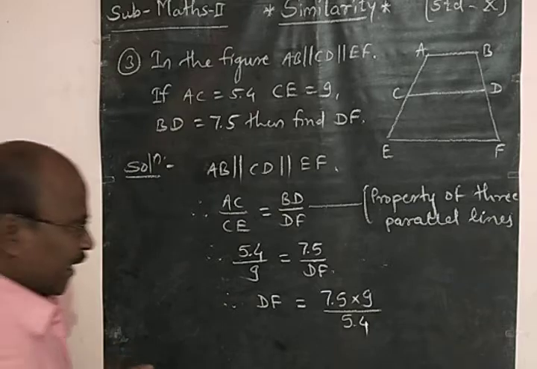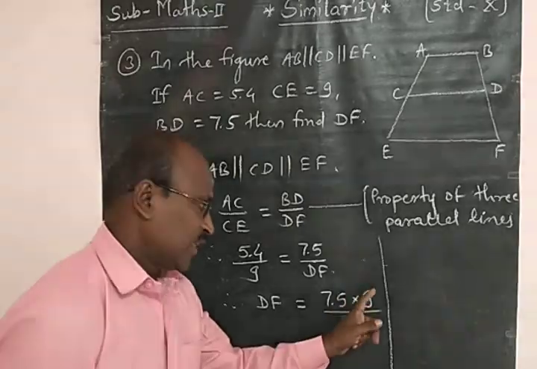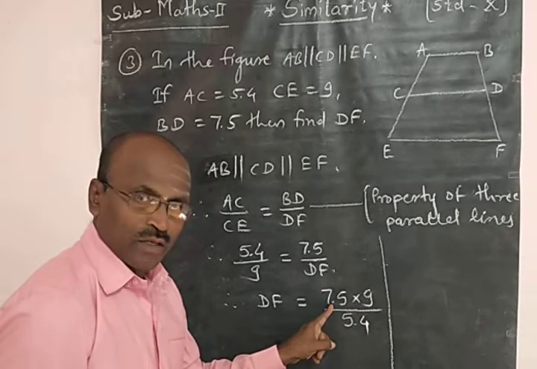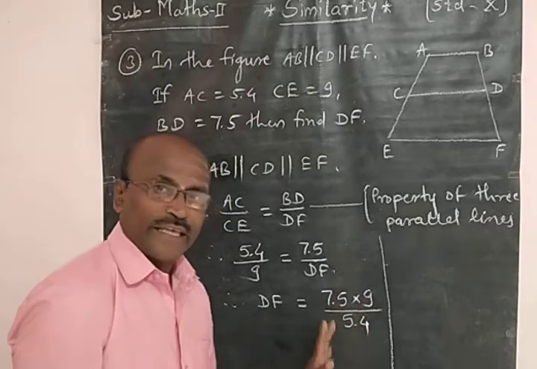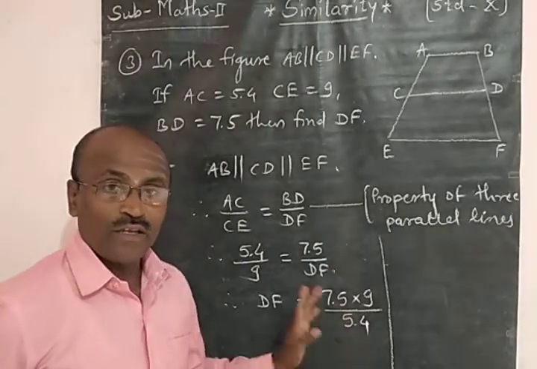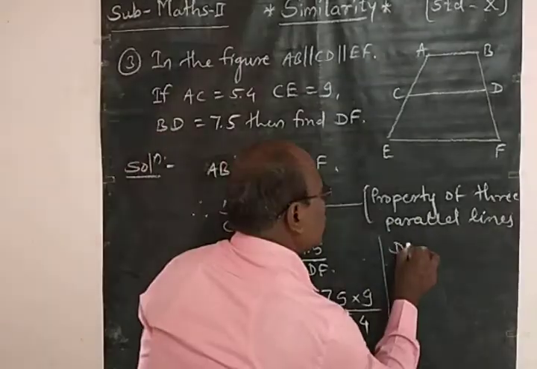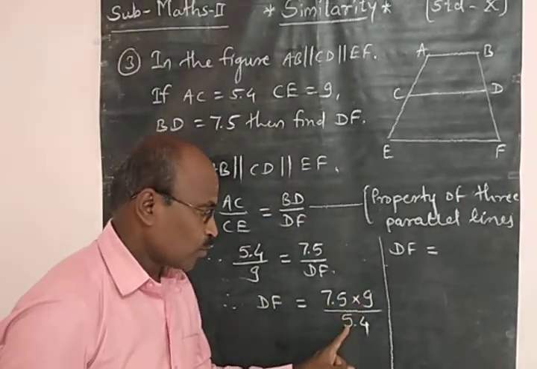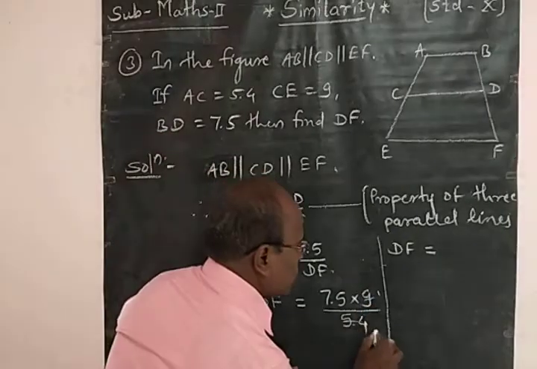Understand? Then you have to divide 54 and 9. बघा 9 आणि 54चं आता इथं बघा पॉईंट आहे, इथं देखील पॉईंट आहे. इथं पॉईंट नंतर किती डिजिट्स आहेत? एक डिजिट आहे. इथंही पॉईंट नंतर किती डिजिट आहे? एक डिजिट आहे. त्यामुळं ते दोन्ही पॉईंट्स कॅन्सल झाले. म्हणजे इथं 75 झालं आणि हे 54 झालं. ओके, आता 9 ने भाग जातो याला. 9 ने भाग घालू आपण. मग काय बघा, DF इज इक्वल टू 9 ने भाग घालून बरं का, 9 ने भाग घाला. 9 एक 9, 9 सख 54, बरोबर आहे.